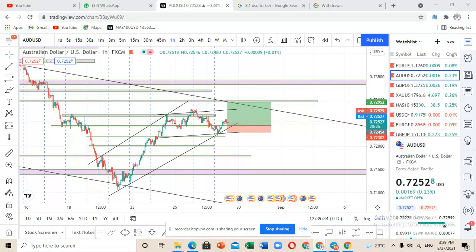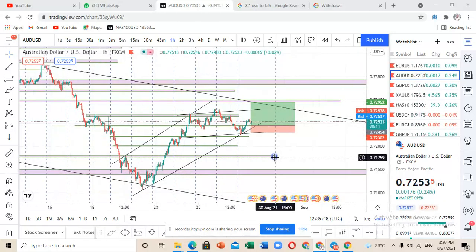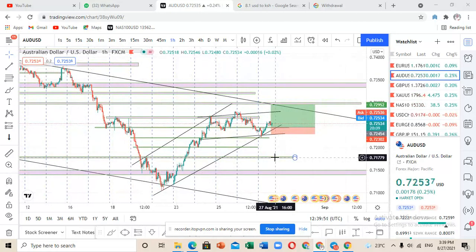We'll be analyzing the chart and planning our trading strategy for next week. I'll give an overview of how the markets look so that you can personally prepare your mind for next week. Today I'll be doing analysis on GBP USD, AUD USD, and then we are going to finish our analysis for today with NAS 100.